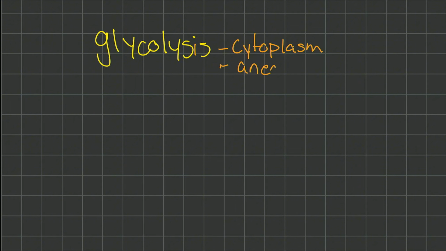So it is an anaerobic process. This can happen independent of oxygen, whether we have oxygen or not. So just remember that. And from here, remember, we start off with a glucose molecule. As we mentioned, glycolysis is effectively the splitting of a glucose molecule. So we're going to start off with our glucose. And glucose, we know its formula. It's going to be